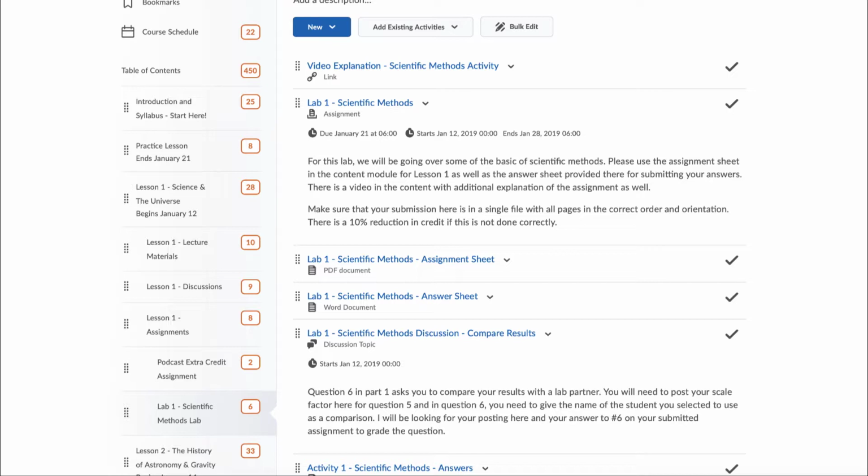So I'm showing you this one. It has a lot more than many of the labs and activities will have, but it does have everything that you need for the assignment right there. So there's no reason to go searching. Again, the whole idea is that I'm trying to put everything together for you so that you have no need to go searching around to look for what assignments you may need to be doing in any specific week.